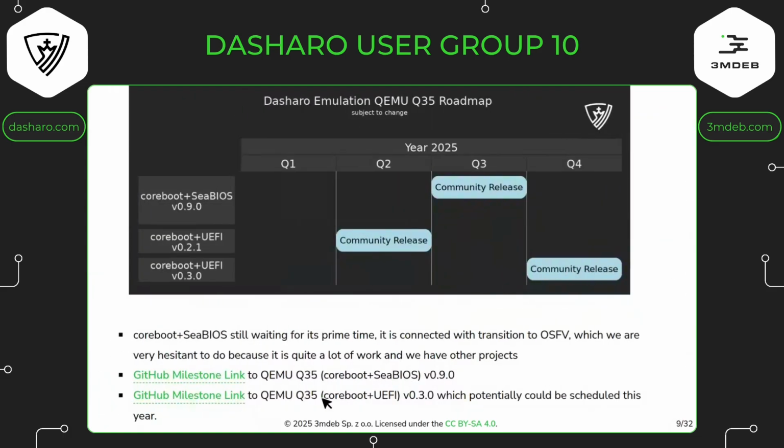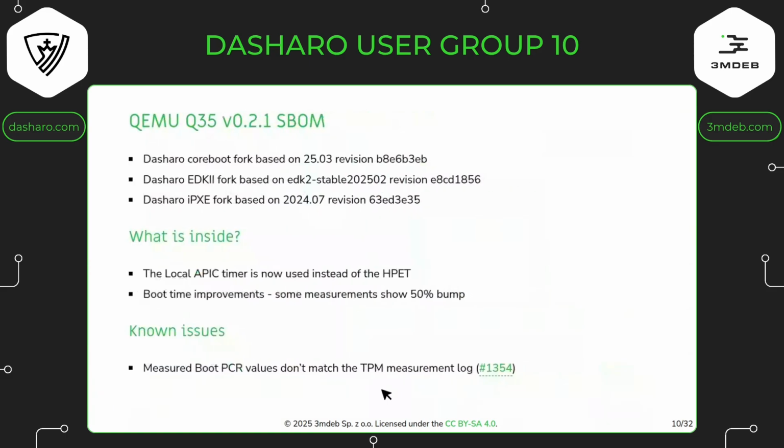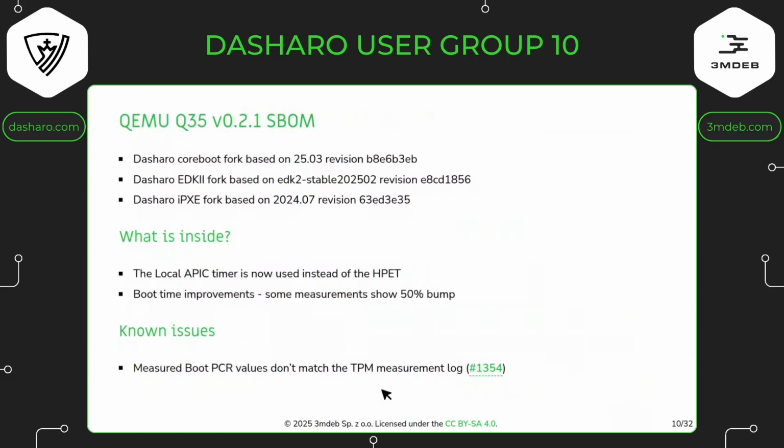Okay, and of course, you have links here to the GitHub milestones. You can see this. About this 0.2.1 release, we based it on coreboot 2503, so you can see it's already the newest coreboot release. We also use, I guess, the newest EDK2 stable